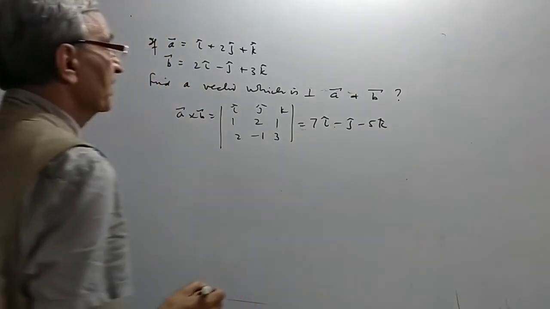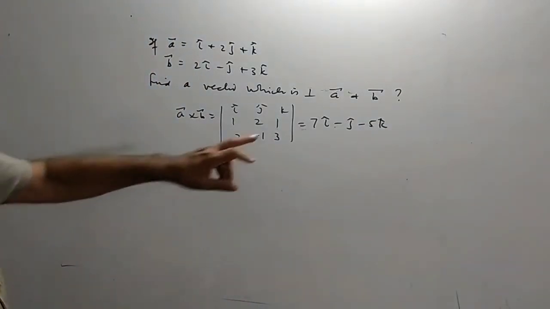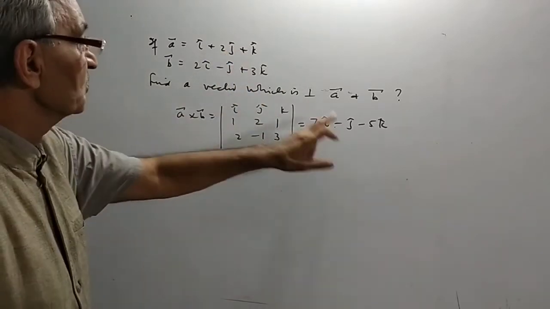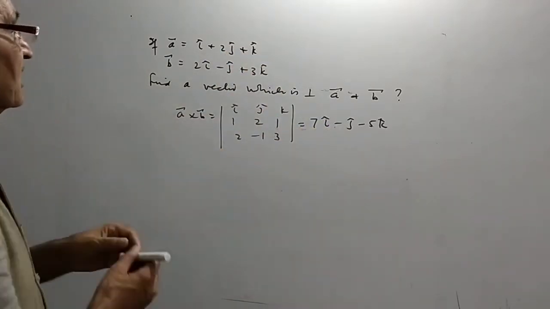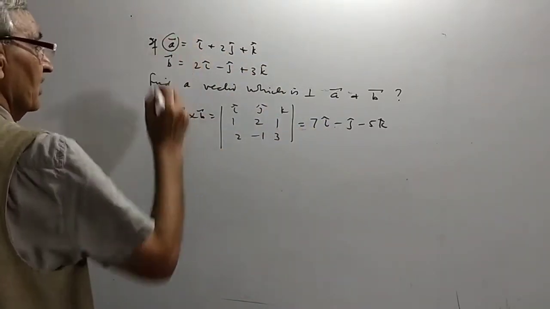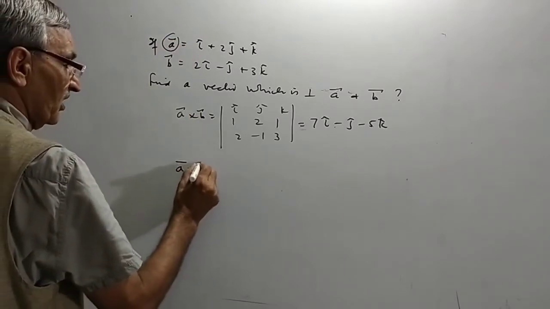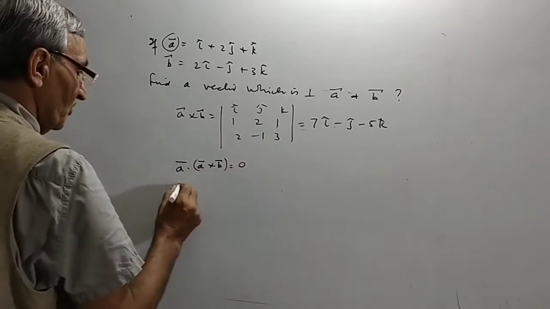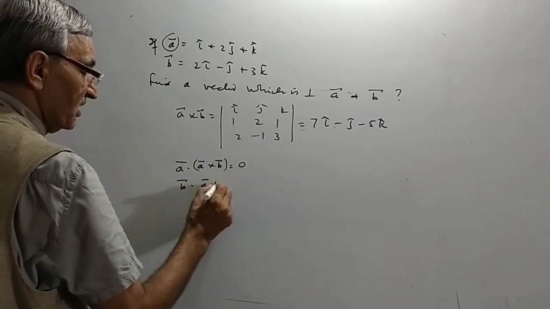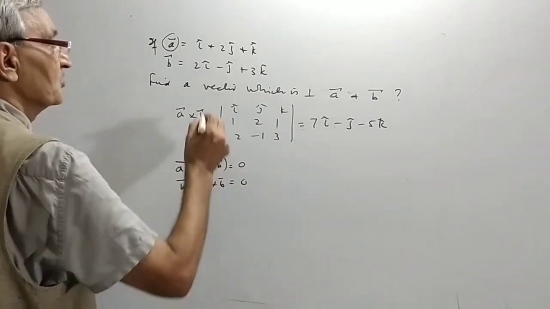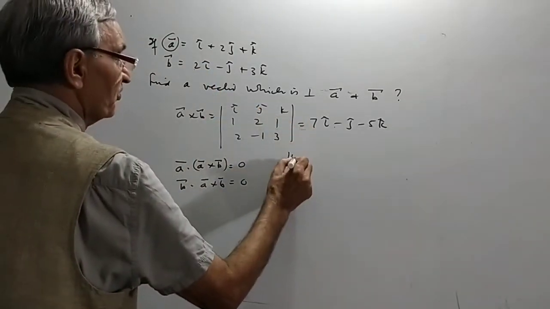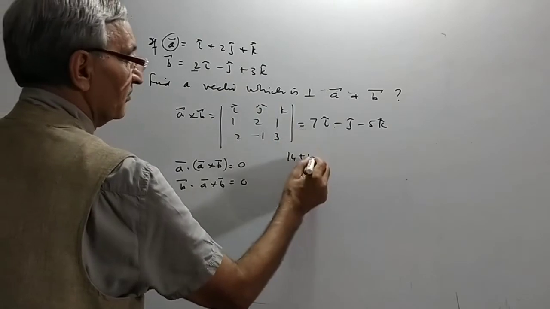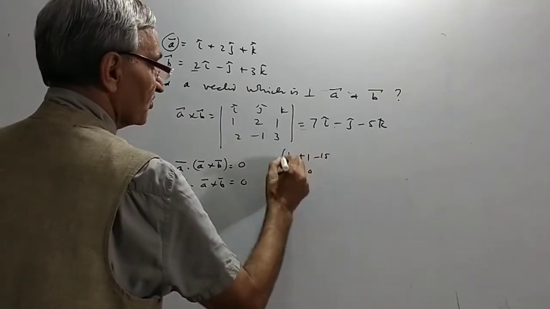Let's write beside the 7i, and this is equal to minus 1j and minus 5k. You know how to open it. Let's verify whether it is perpendicular to A or not. 7 and minus 2 and minus 5 gives 0. Yes, if I take A dot (A cross B), it is equal to 0. What is B dot (A cross B)? It is also equal to 0. 2 into 7 is 14, 2 into minus 1 is minus 2... and 3 into minus 5 is minus 15, answer is equal to 0. That's here.